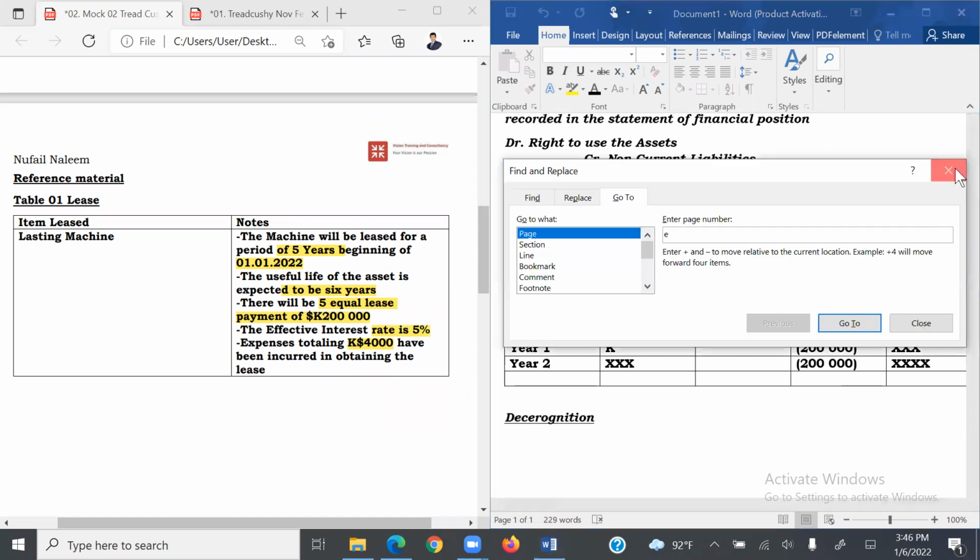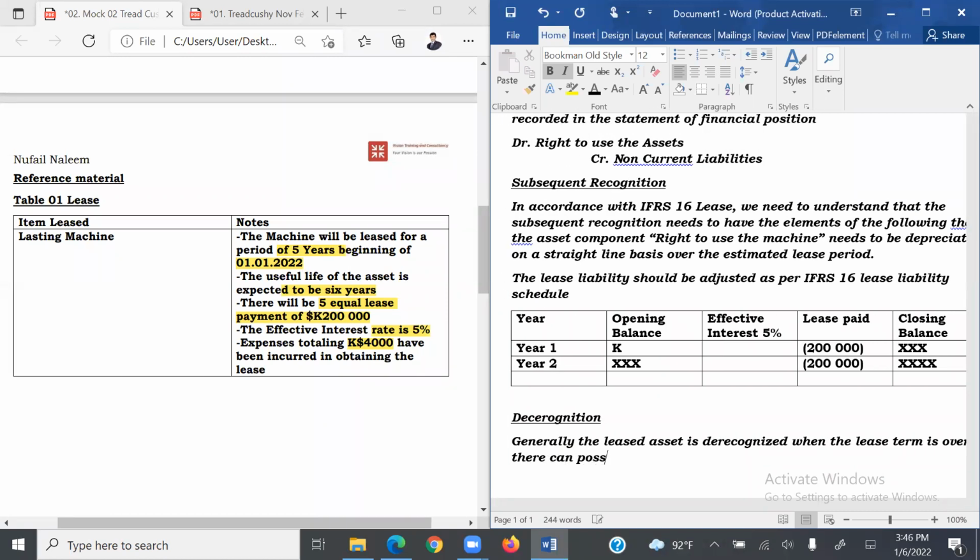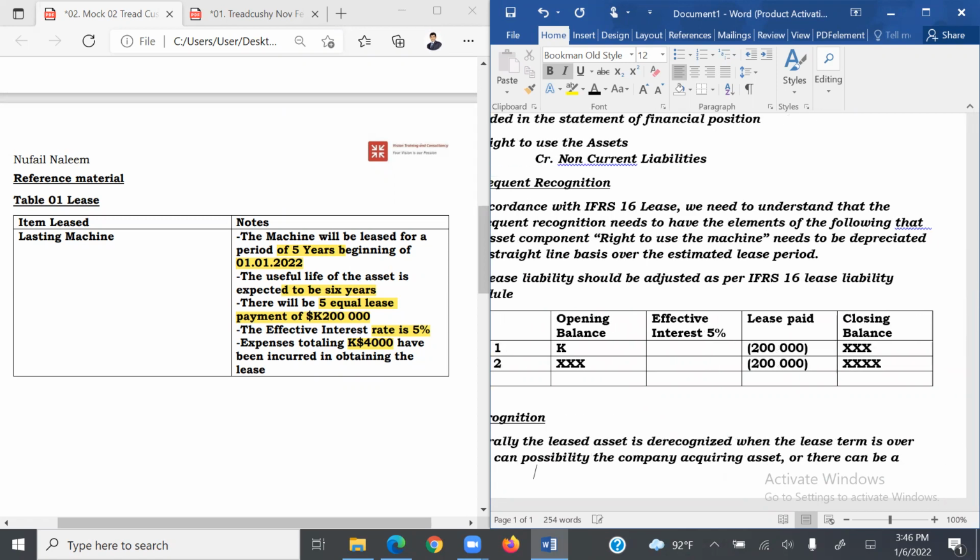Generally, the leased asset is derecognized when the lease term is over. There can be a possibility the company acquiring the asset, or there can be a possibility